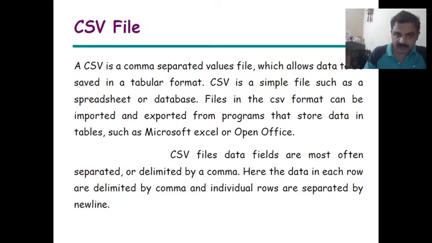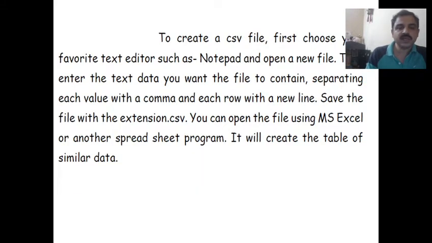CSV stands for comma separated values. A CSV file can be created simply by typing the values in Notepad, separated with commas and new lines. New lines means pressing enter. Each data will be represented in tabular form when we open it with Excel or similar applications. Or if you transfer that CSV file into a data frame, it will show it in the form of rows and columns. Clear? Similarly, from a data frame you can also transfer the data to a CSV file.